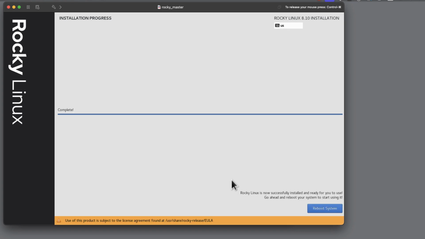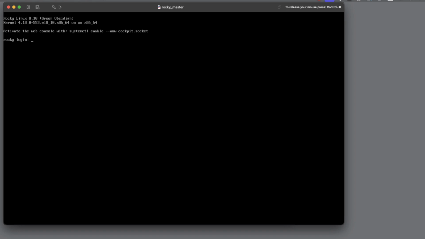Now, we weren't installing any graphical environment, so there's not too much that needs to be installed, so it shouldn't take that long. But then we're presented with our screen once it has finished, and we can choose to reboot the system. And of course, on the reboot, we are now presented with our login screen, and we can log in as our Vagrant account, the account that I created earlier. Remember, I was saying that it should default to the password of Vagrant. It's not the most secure, but it becomes the way that Vagrant uses to manage this system. But yeah, we're up and running, and we'll look now at how we can customize our image.